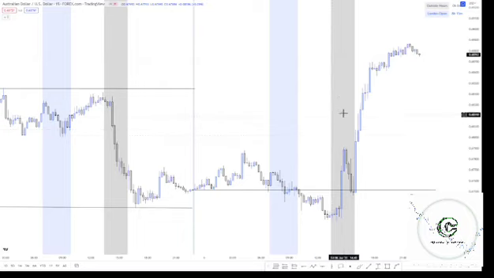So time, check. We've already seen that, okay, time, yes, price is already in the time of reversal. So we give a check for time. Time is marked already. The next thing is what? Price. And where is price? Price is below the opening of the day. So does it make sense to look for buy here? Yes, it does.